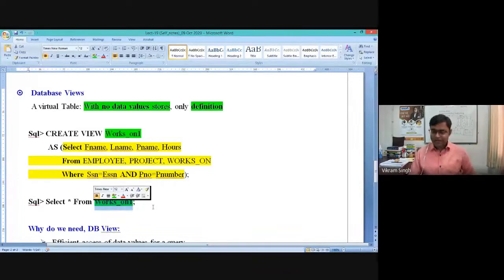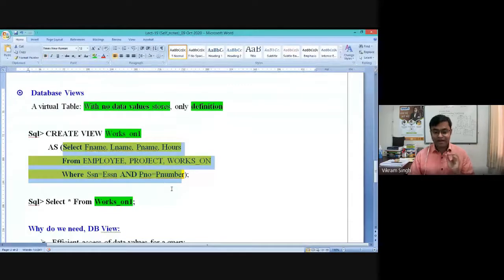In this expression, I am calling, or referring to, or using this view. You do not need to write this query again, or compile it again and again. You can simply generate this kind of expression.